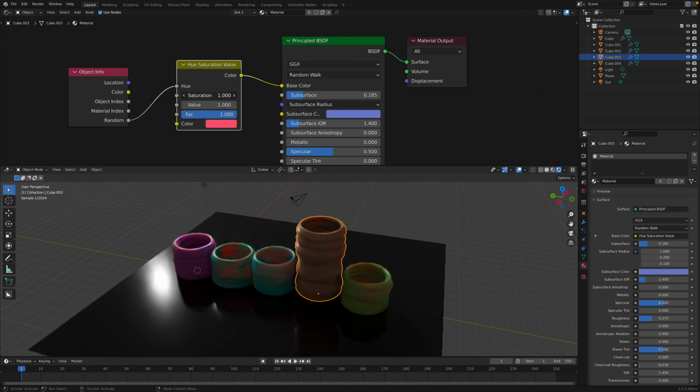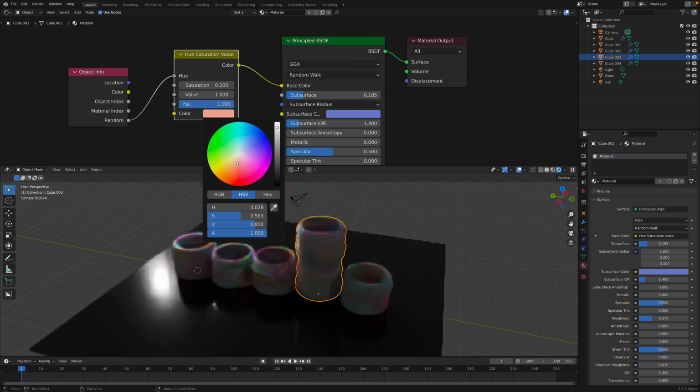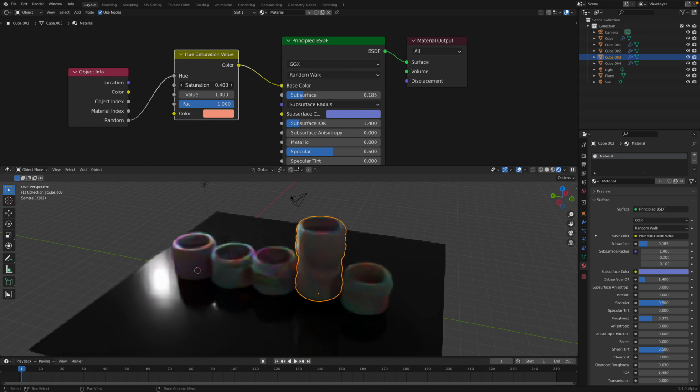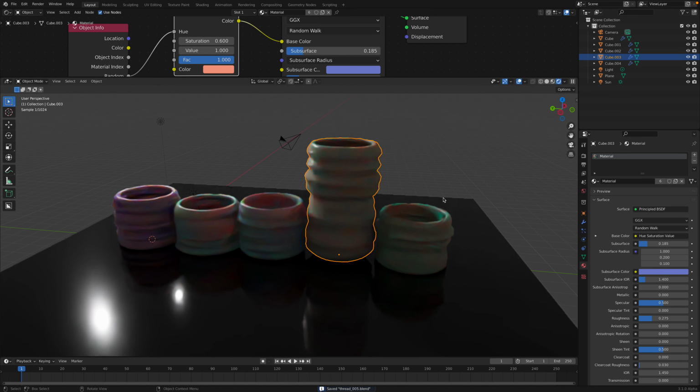Subtle looking color will make this look more expensive looking. So there's basically our pottery,